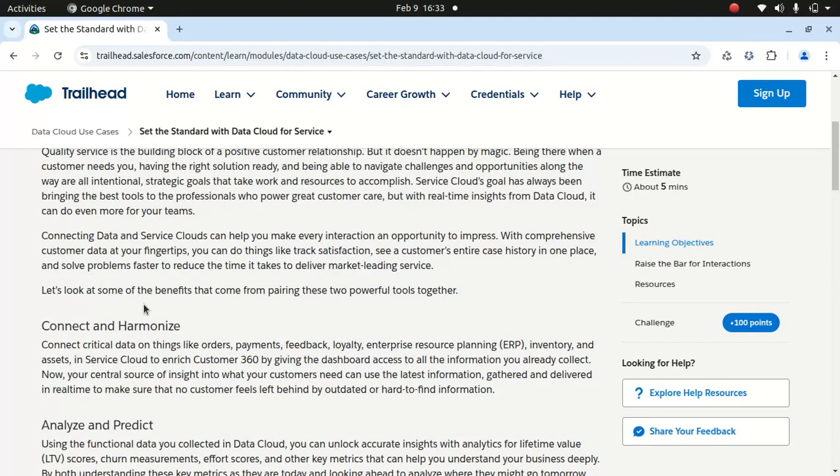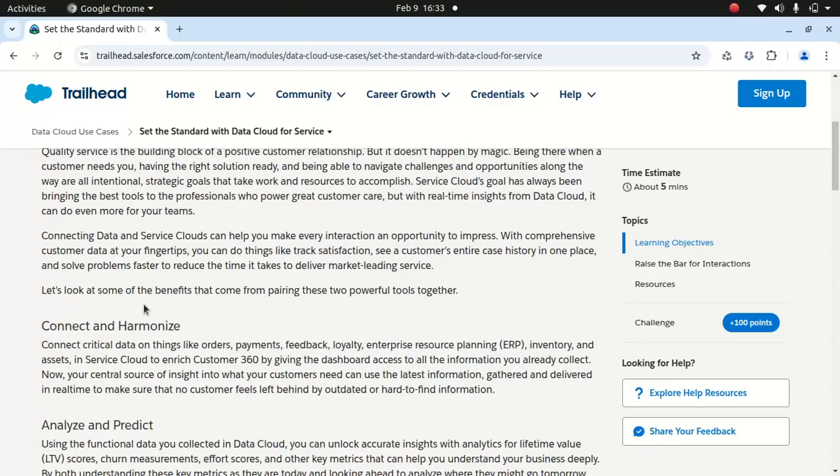Then analyze and predict, right? You have data, you have everything sitting in one place. You could use the rules and all kinds of intelligence to analyze, predict, understand the behavior pattern, understand what's important for your customer, understand what's important for your business. If you're running, let's say, Service Cloud, if you're running a call center, for instance, the data will make you understand the reason why certain customers are very annoyed with your business, or the reason why customer satisfaction is going up, and what are the steps you can take to maintain that engagement in a positive way.